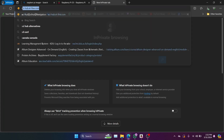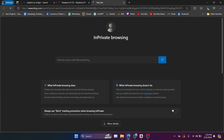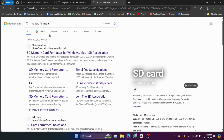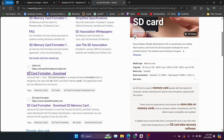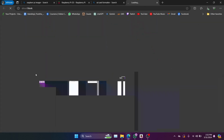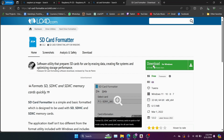And the next software is SD Card Formatter. What this software does is it deeply formats your SD card. I think it's this one, yeah, the blue logo. Just go ahead and download this software to your laptop or desktop. You can do it from here, I believe. Yeah. And then we'll see